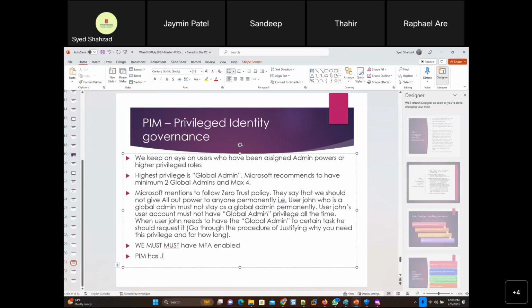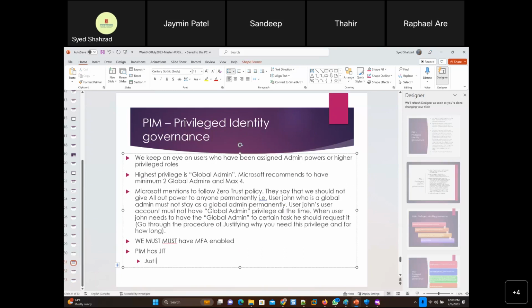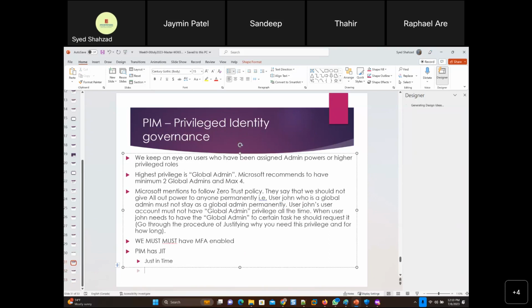PIM has JIT. JIT is just in time, and you need to tell anyone in the project that you have to configure just in time.